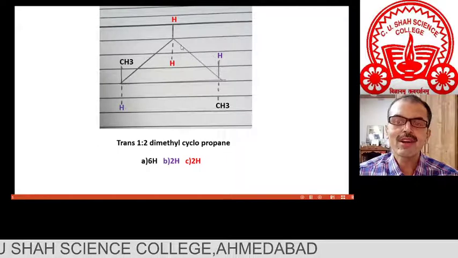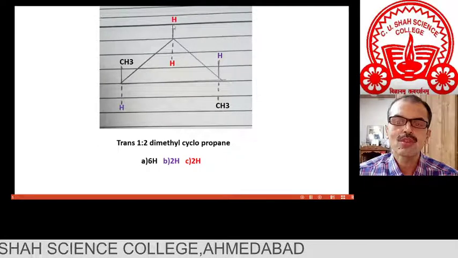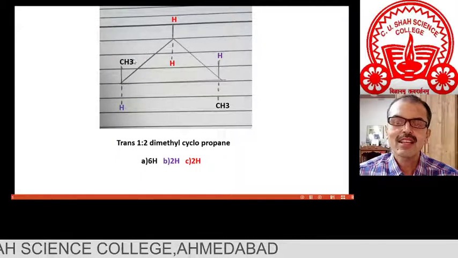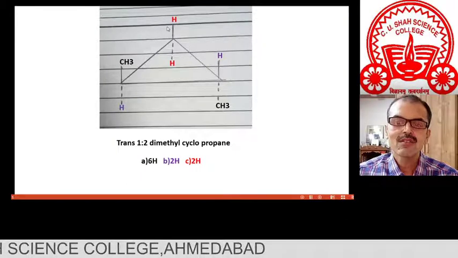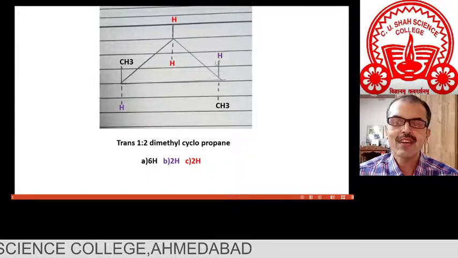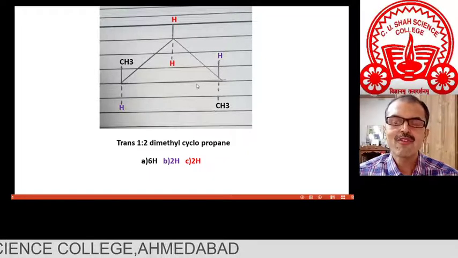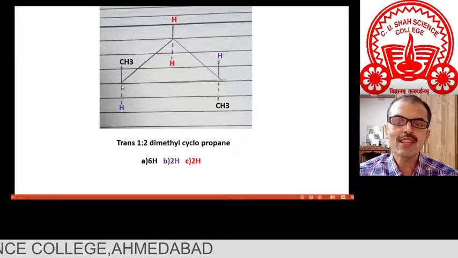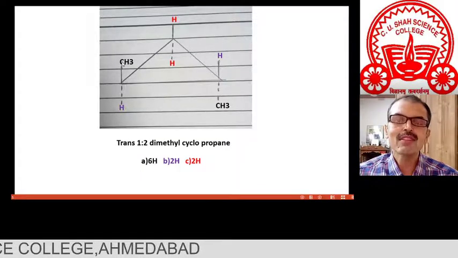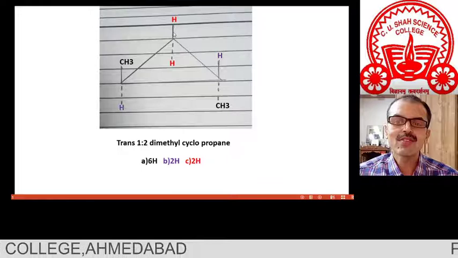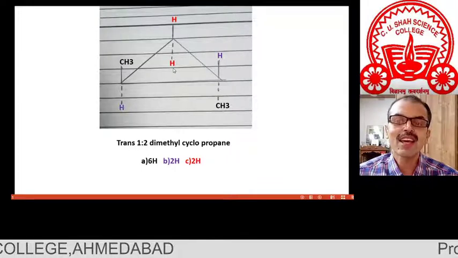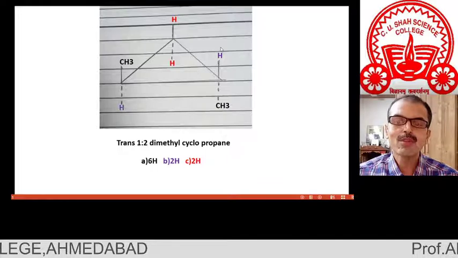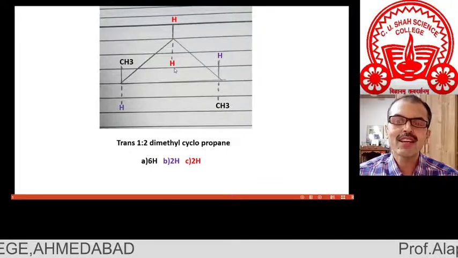Now let us compare them with these two. This hydrogen can interact with one CH3 and one H like this one. But friends, if you compare carefully, this blue hydrogen is attached with the carbon, and that carbon has CH3, while this one is attached with the carbon that has H. So mind well, the electronic environment of both blue protons is different from the red one.